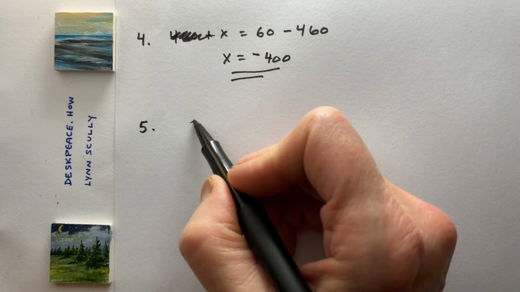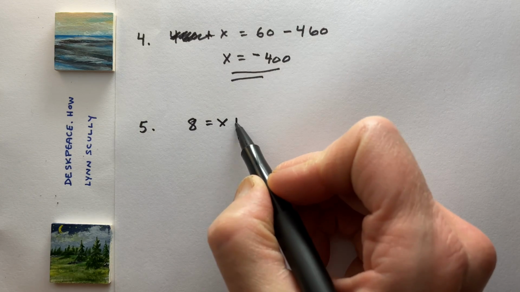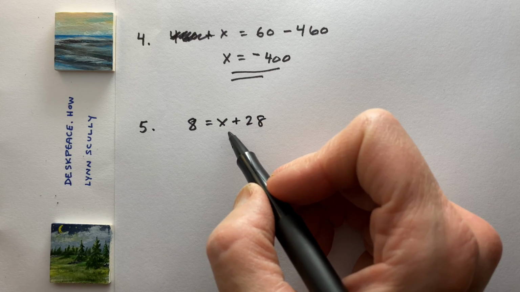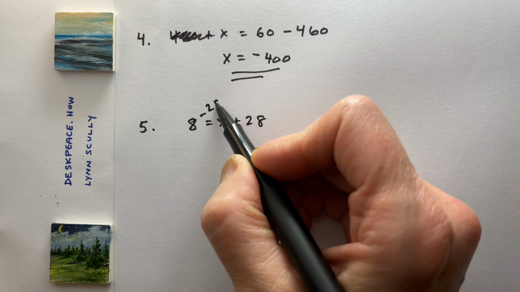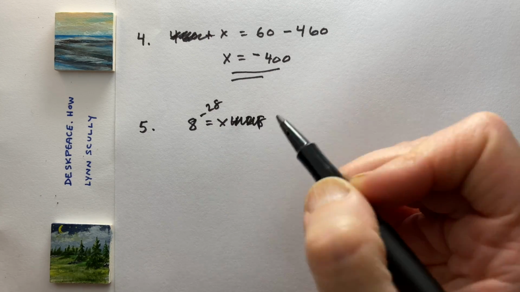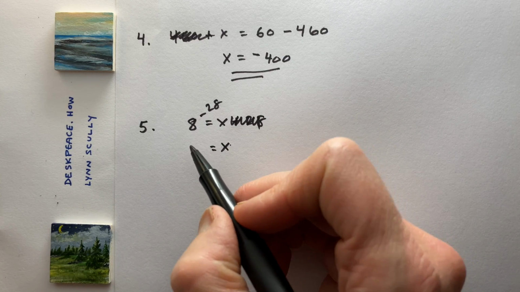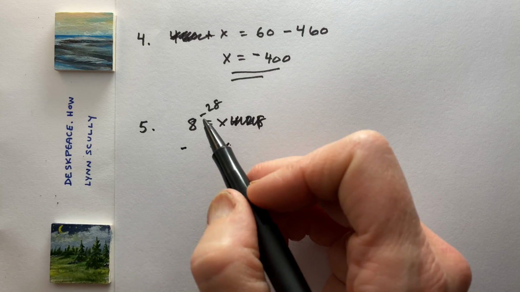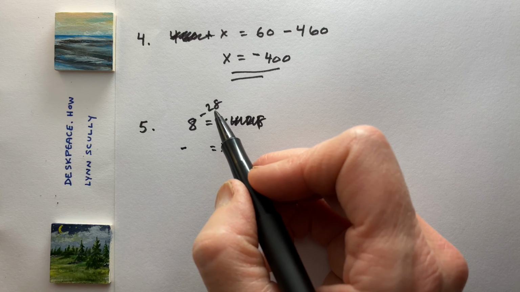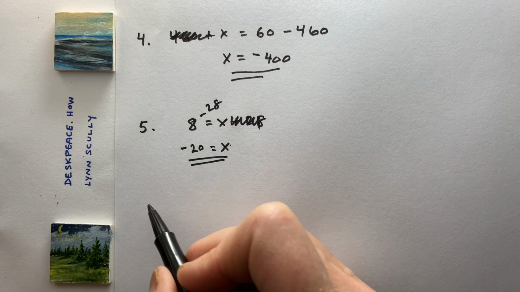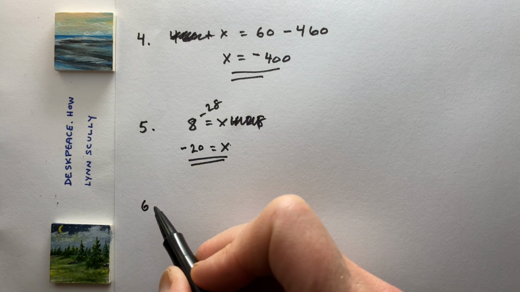Number 5, 8 equals x plus 28. I want to get the x alone. 28 is attached by addition. Move it by subtraction to the other side of the equal sign. My unknown's alone, so I'm pretty happy. 8 minus 28 is going to be negative because the larger value is negative. Then I subtract. 28 minus 8 is 20. -20. Number 6,